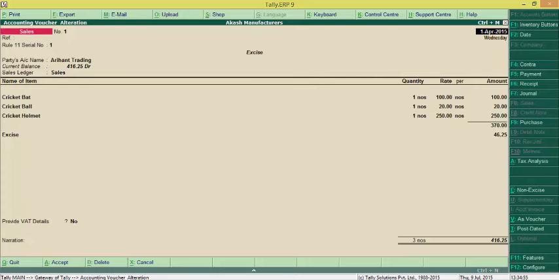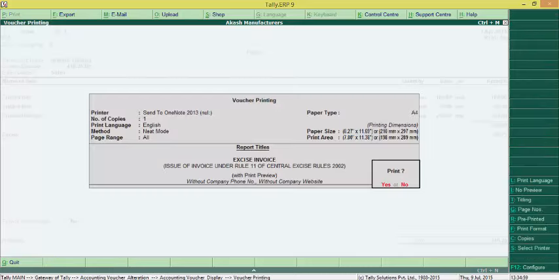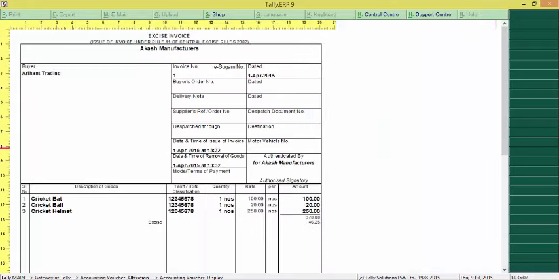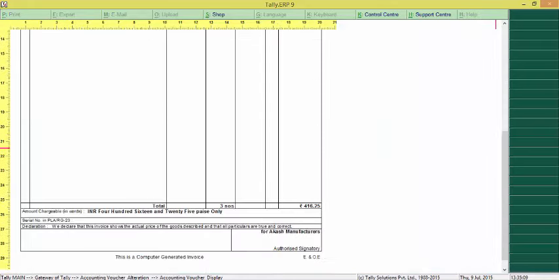If we want to print a rule 11 invoice, all we need to do is press Alt P here, and as you can see, Tally has identified it's an excise invoice and it will print a rule 11 invoice. We will say Alt Z to zoom in, and you can see it's a rule 11 invoice created in a